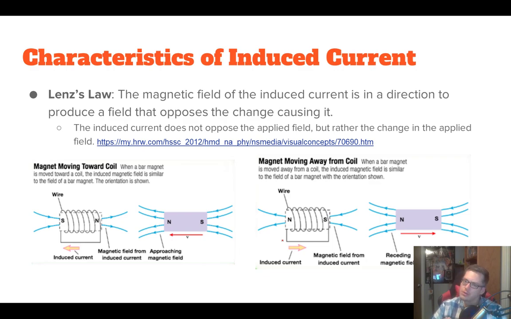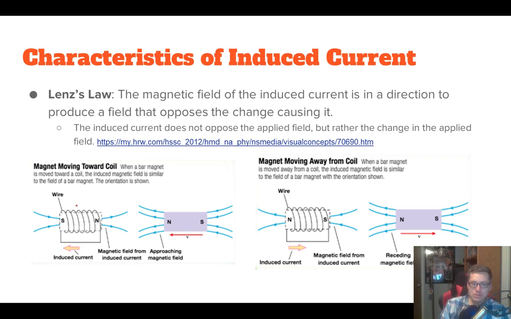So Lenz's law allows us to predict the direction of the magnetic field of the induced current. Okay, and so here's the idea: you've got something that's non-magnetic. In this case you have a coil of wire, and you've got a magnet that's going to be moving towards this coil of wire. And because you know now that a changing magnetic flux moving towards a conductor is going to cause a